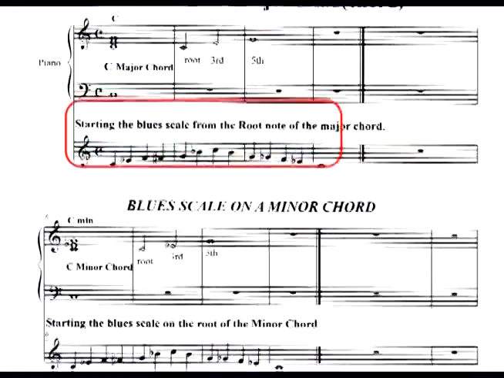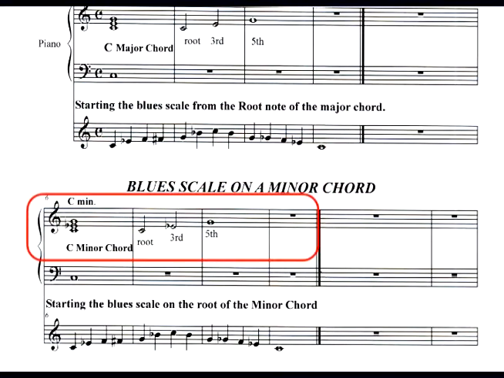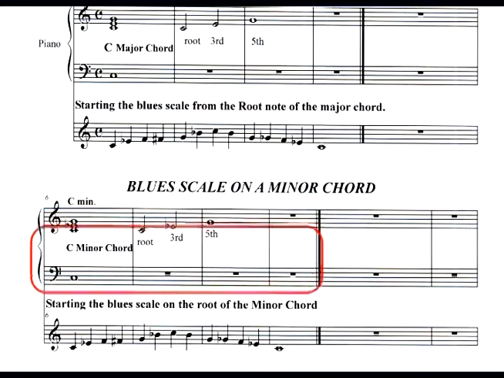The blues scale has an E flat as the third, but it's the second note of the scale. We go to minor. Now the E flat is in common, but it doesn't affect the musicality of it. So the blues scale can work on major,